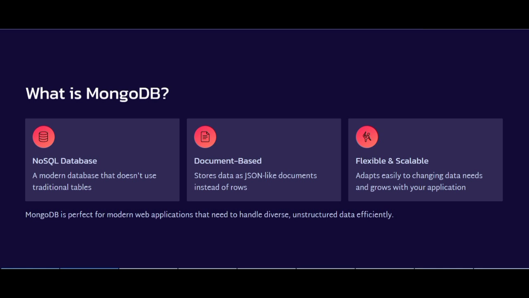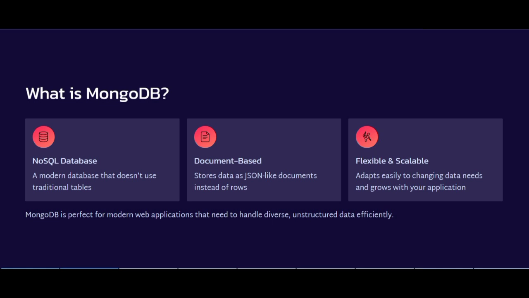The document is like JSON. JSON is nothing but a key value pair, like a dictionary in programming, right? So it can store the data as a JSON-like document. And MongoDB is flexible. Flexible in the sense you don't need to predefine the schema. So whenever we need to add a field, we will directly embed the data into the document,